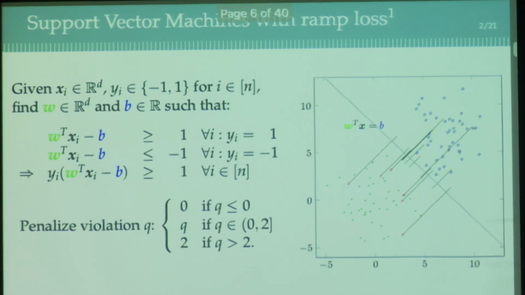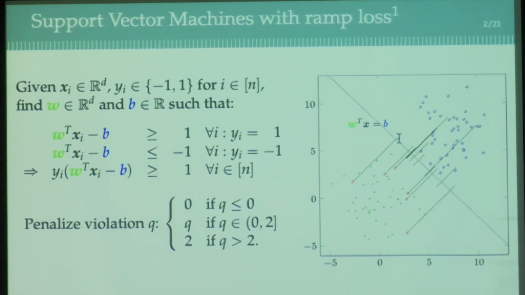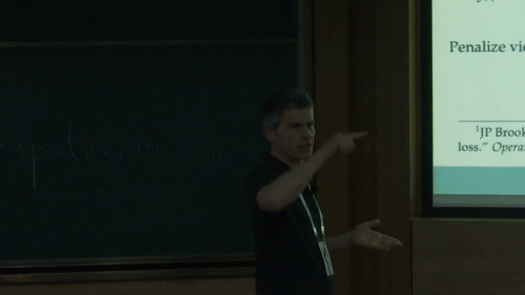And here you can see that basically the violation itself is a segment that goes from just on the other side of the line until the point that has fallen on the wrong side. And the penalty term that we add to each violation is in fact not the whole segment, but just the portion of the segment that is between 1 and -1 of the supporting hyperplane. So this becomes an optimization problem where you want to minimize the total penalty. You want to be able to classify as many points as possible, so you just try to minimize the total penalty, where the penalty is this ramp loss